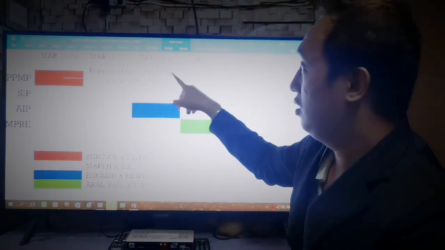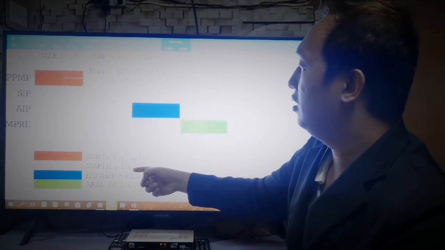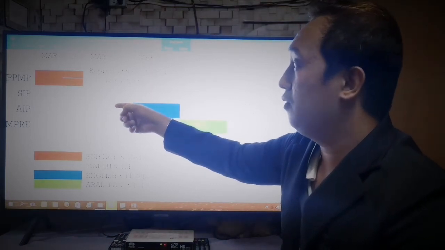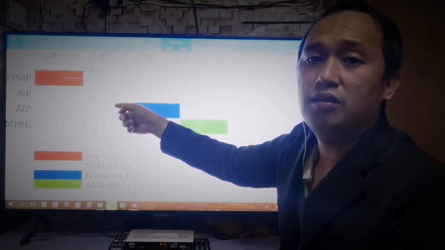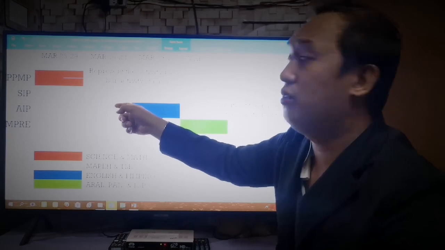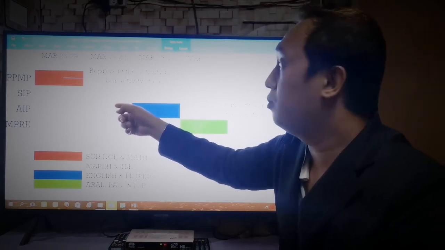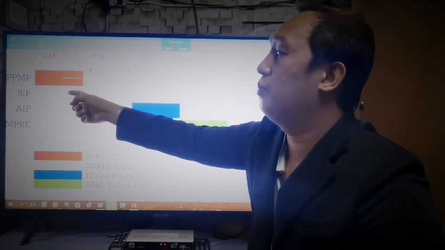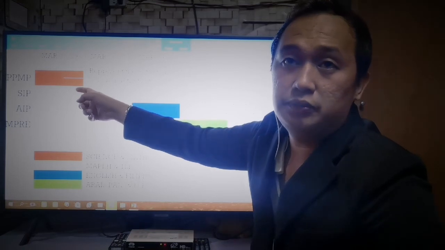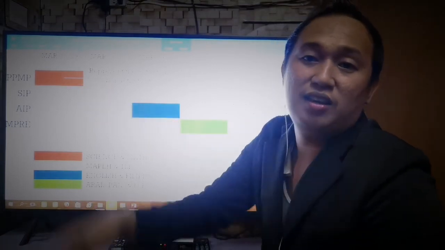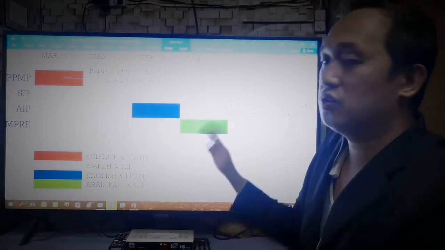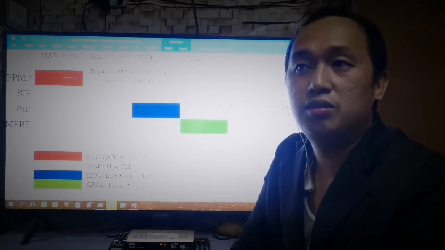from the target dates. See, for instance, the MAPE and the TLE department has to work on the SIP from March 16 to 22, and they did not come up on the target dates. So probably they will extend in making the SIP for another couple of days. So probably the March 23 to 29 targets of the PPMP, of course, will be adjusted also. So that's interdependency, meaning it's a prerequisite. You cannot proceed to the other task if the previous tasks are not